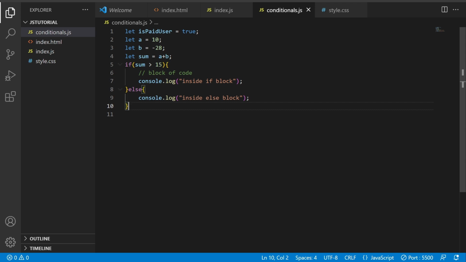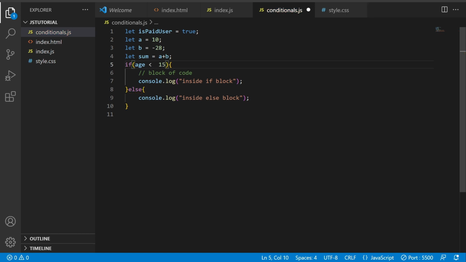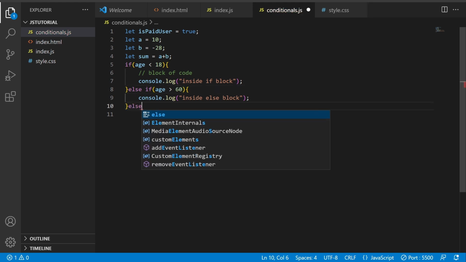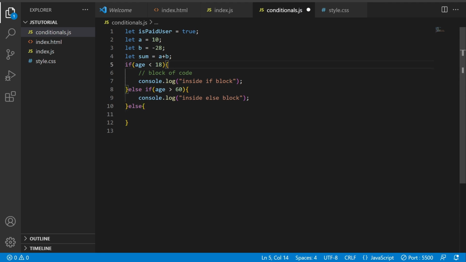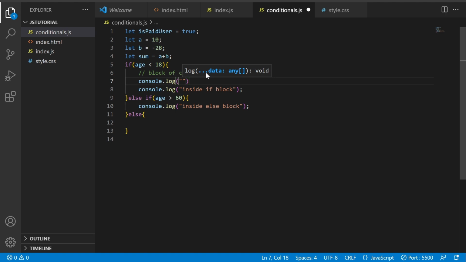So in this case we will put age less than 18, else if age is greater than 60, else here I will put apply child control on videos.